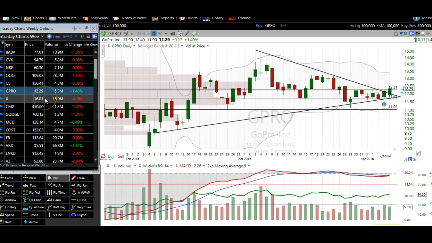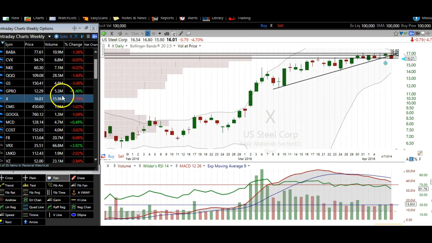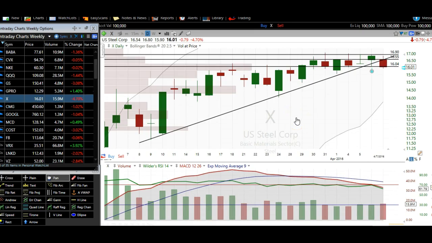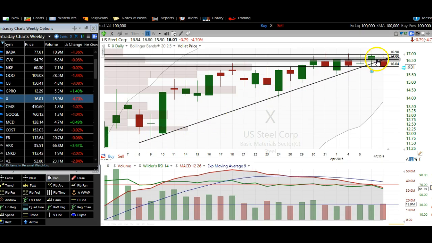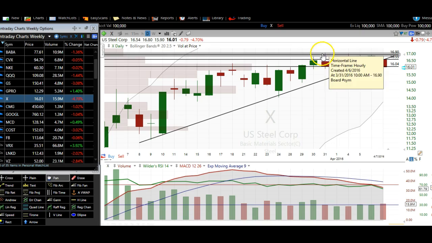Okay. Next, I'm going to cover X. X, we had a really nice uptrend line as support, and now we crossed below it. If you're looking for a breakout there, it's tough to do a breakout over key resistance. As you can see, the highs of this candle, this candle, this candle, this candle. We've got 5 days of resistance, and it would have been hard to break over that resistance when we've got